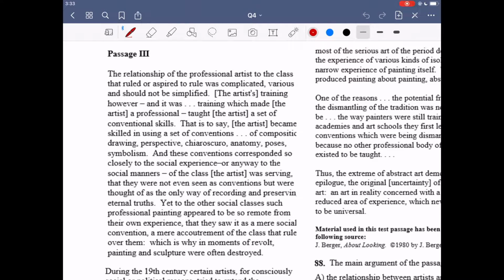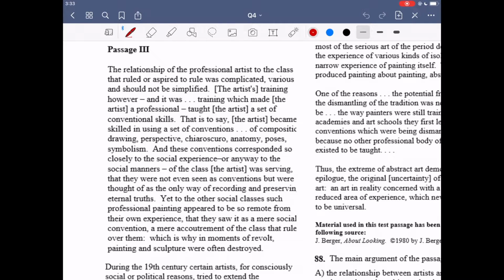Before we start, just letting you know, everyone has their own way of approaching CARS. What I do is I read the passage, and a lot of times it's pretty dry, but I try to read it with a bit of enthusiasm, like I actually care about the subject. For every paragraph that I read, I try to sum it up in one or two sentences. What was the purpose of that paragraph? That's a key thing. What was the main takeaway from that paragraph? And then when you finish the passage, what was the overall purpose of the passage?